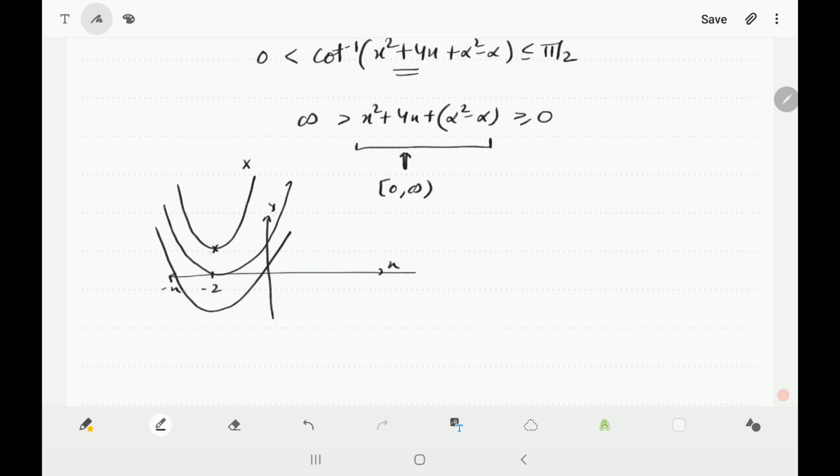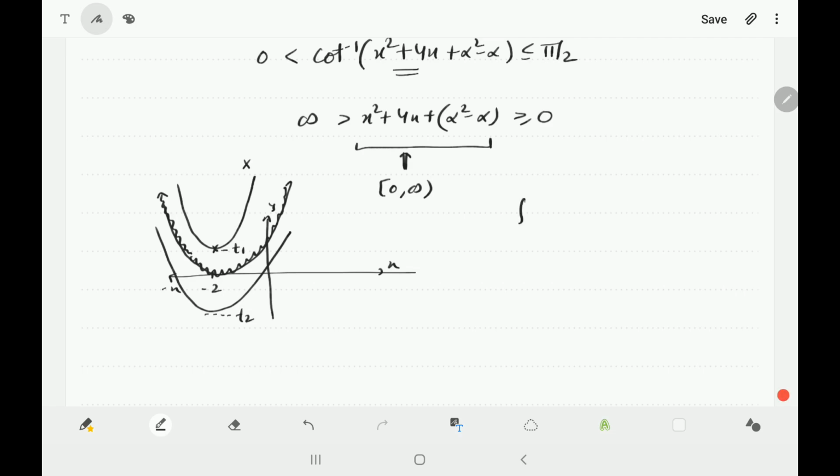Okay, so the value will be going, say this point we can consider as t1, so the range will be going from the y value of t1 to infinity, so it cannot be exactly from 0 to infinity and hence it won't be onto. Similarly, if the value is going from t2 to infinity, it won't be onto. Okay, so we know that precisely we need this particular function. For that, the minimum value of the function is 0.